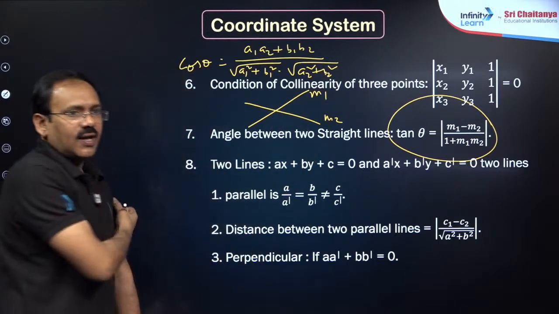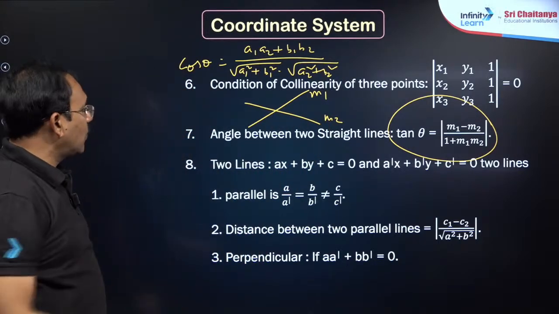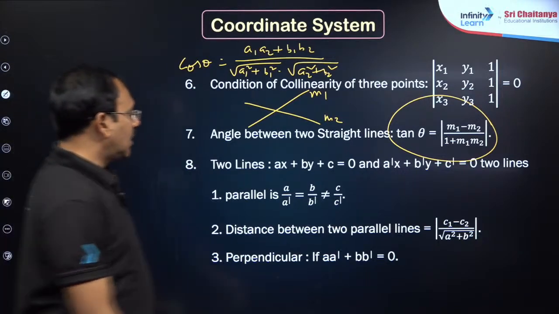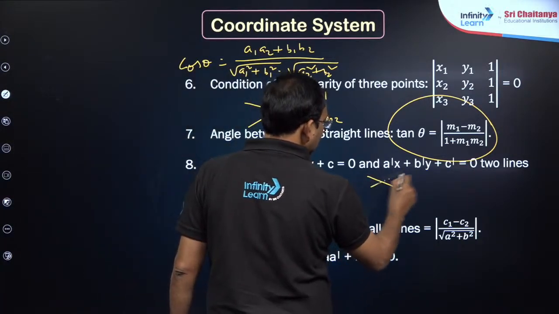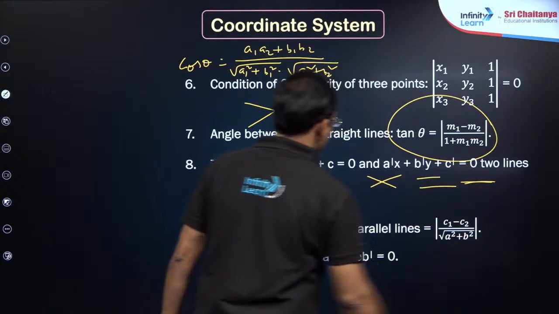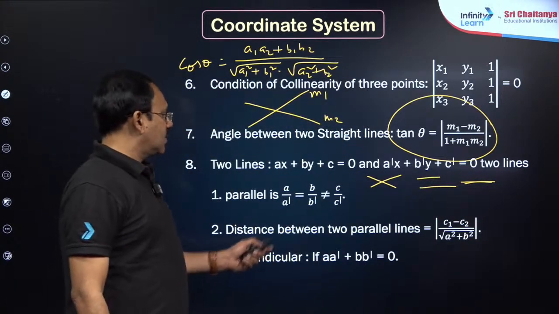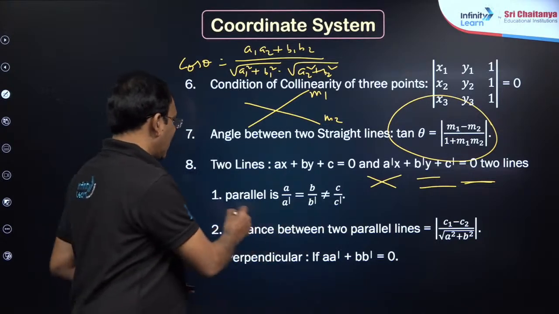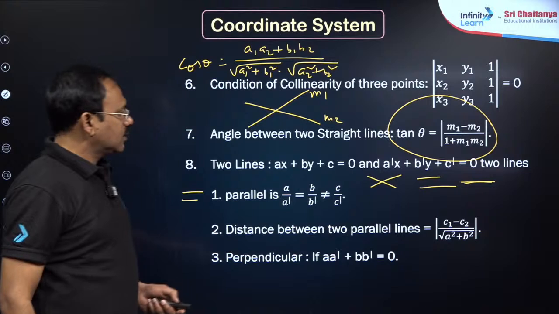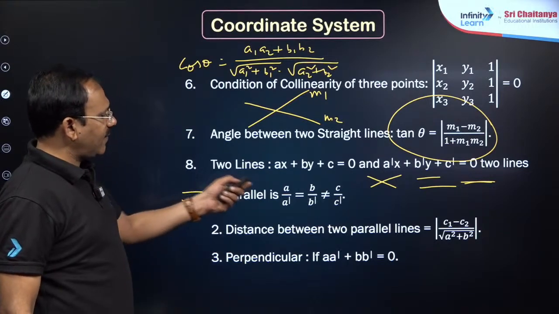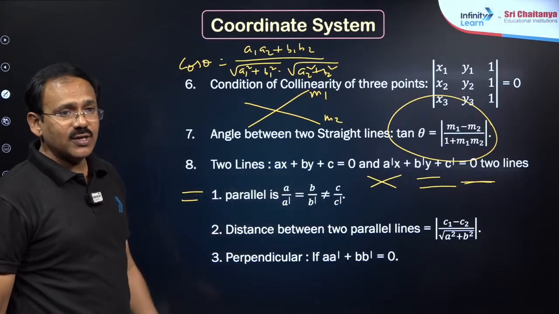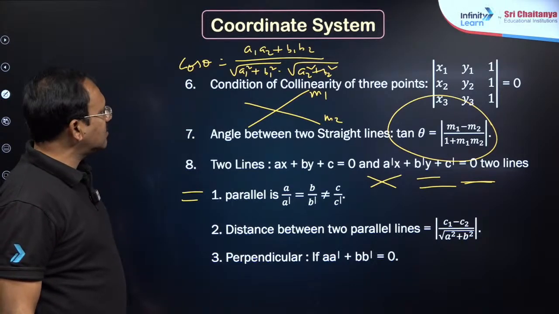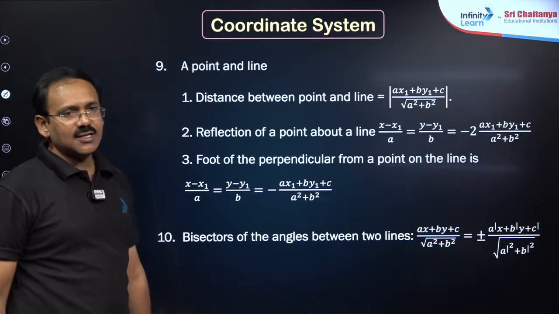Next, my dear friends, you are given two lines. What kind of lines can they be? Generally two lines in a plane can be intersecting, parallel or coincident. If a1 by a dash equals b by b dash but not equal to c by c dash, there are two different parallel lines. If a1 by a1 dash equals b by b1 dash equals c by c1 dash, they are coincident lines. Okay, fine. Before that, the points are simple. We shall start here, dear students.